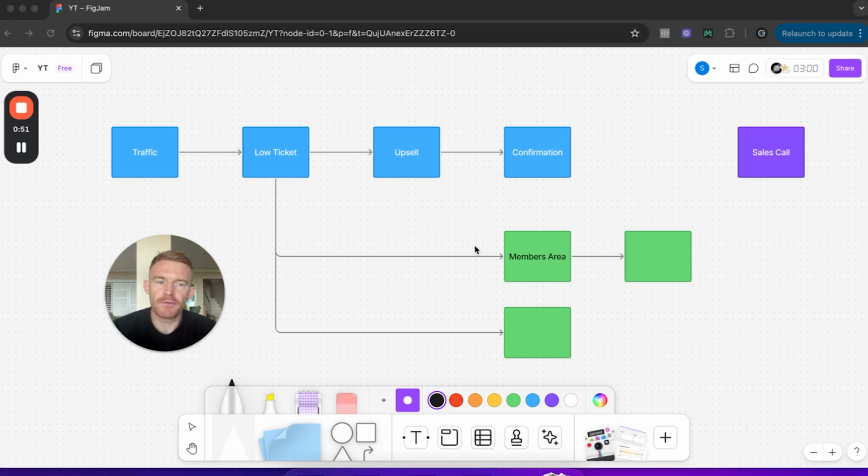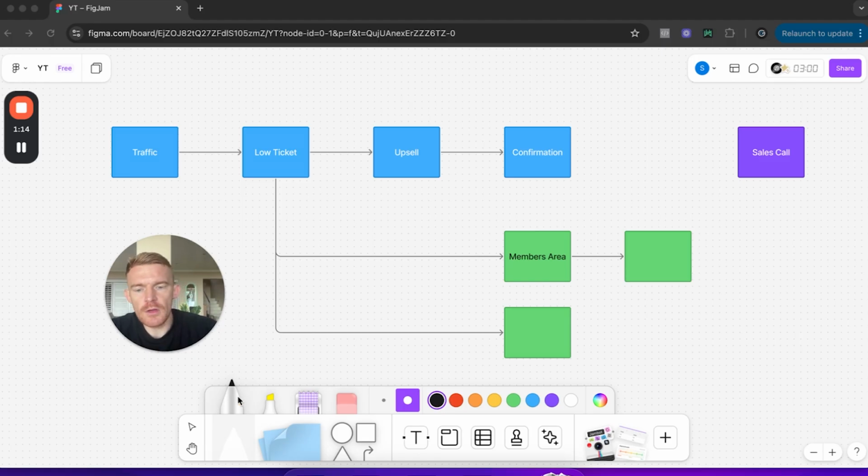Even though in theory, yes, the conversion rate from a low ticket buyer to a high ticket buyer is going to be better than a free lead to a high ticket buyer, a lot of people are turning to these funnels and they're finding that it's a lot more difficult than they thought it to be. And it's not just, hey, just because now you've bought a low ticket product from me, you're going to automatically buy my more expensive thing. You've got to be a little bit more strategic in that.